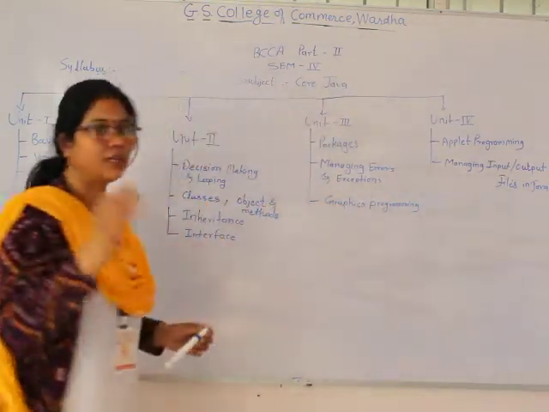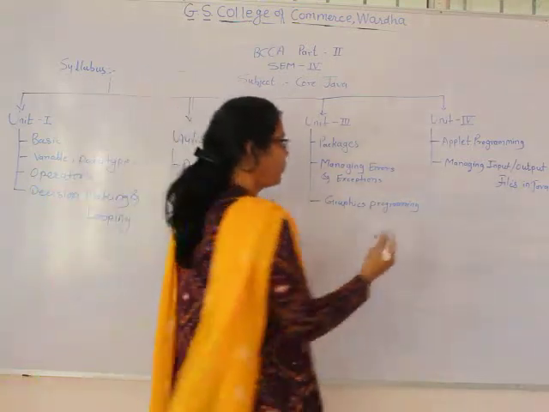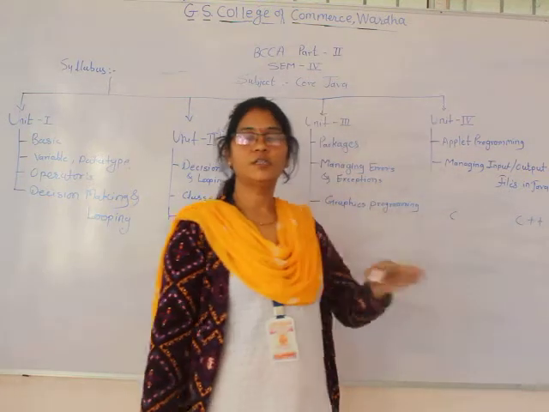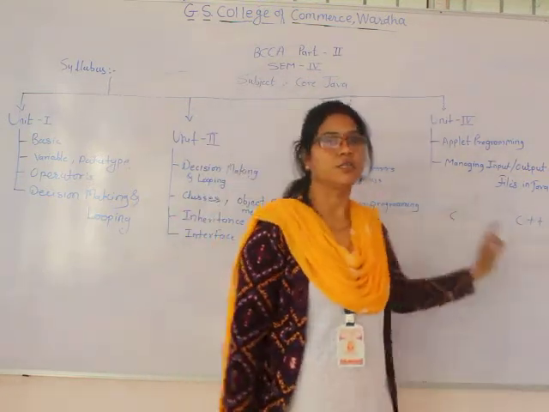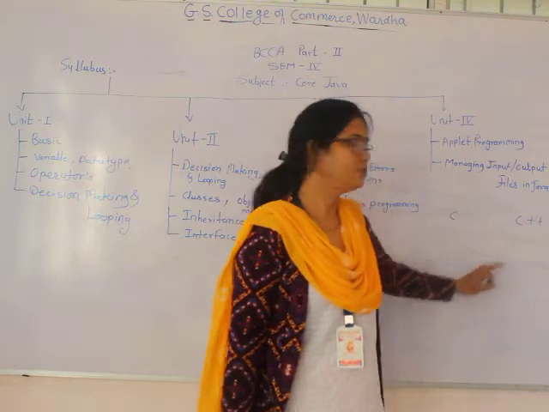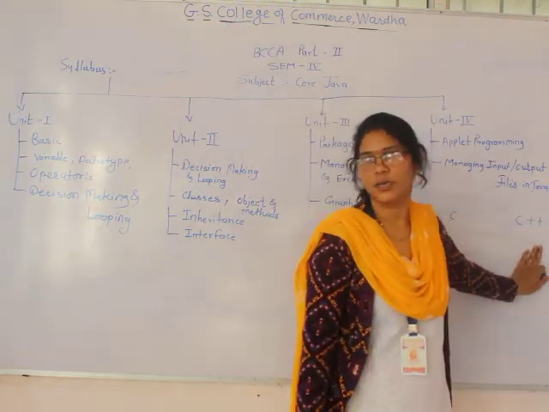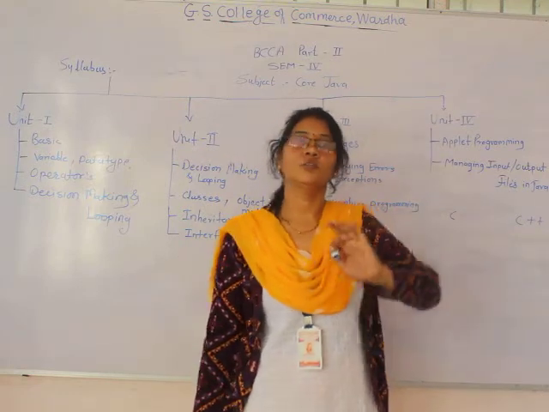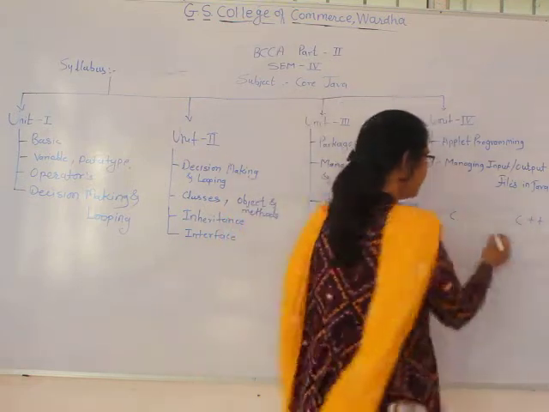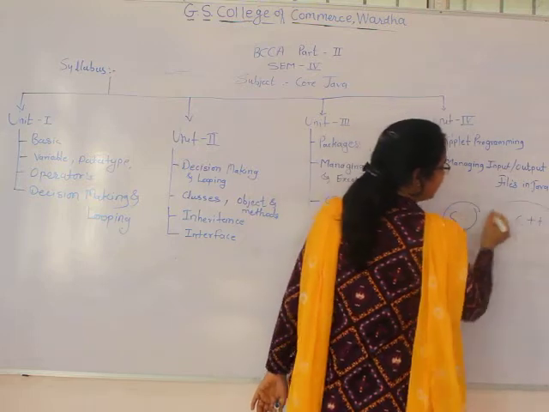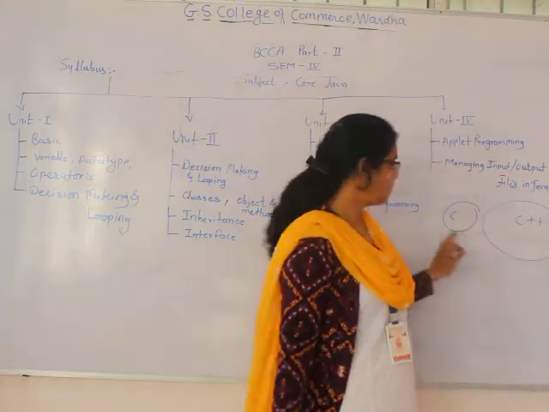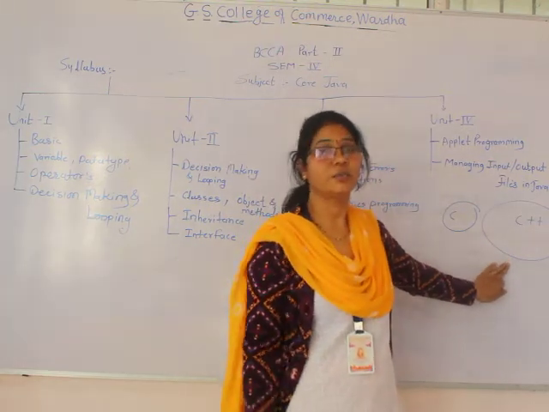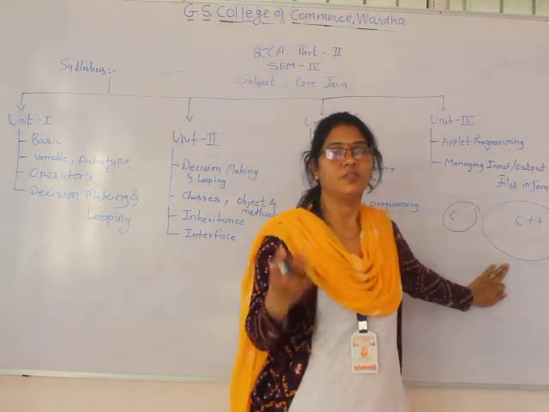Basically you have studied the C programming language, then you studied C++. So what is the difference between C and C++? C is a procedure oriented language, whereas C++ is an object oriented language. But all the features of object oriented programming are not covered by C++. C has the procedure oriented part, whereas C++ has the object oriented concepts like object, classes, polymorphism, inheritance